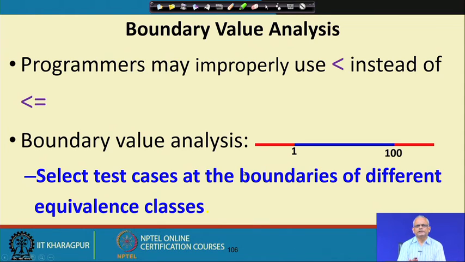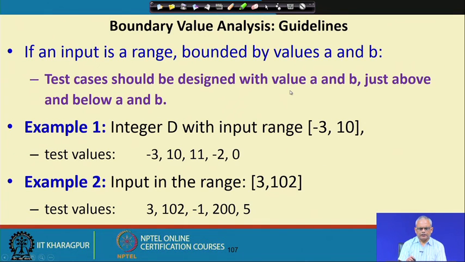We had seen that if the input domain is a set of values, then there is no boundary. But if it is a range of values, then there are boundaries between different equivalence classes. Now, let us see, if we have input as a range, and the boundaries are A and B, then we need to select not only A,